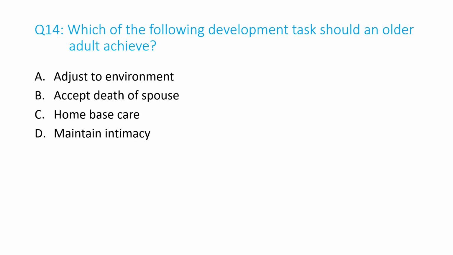Number 14. Which of the following developmental tasks should an older adult achieve? A. Adjust to environment. B. Accept death of spouse. C. Home based care. D. Maintain intimacy. And the answer is